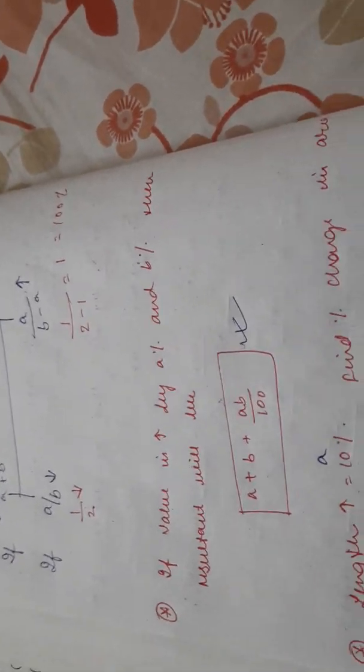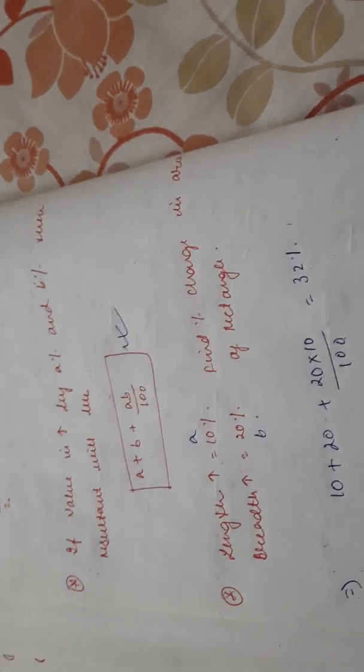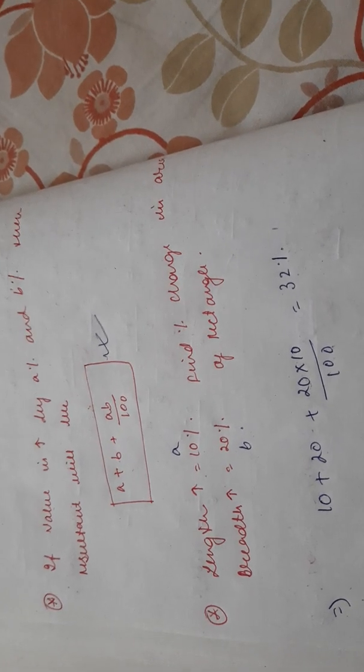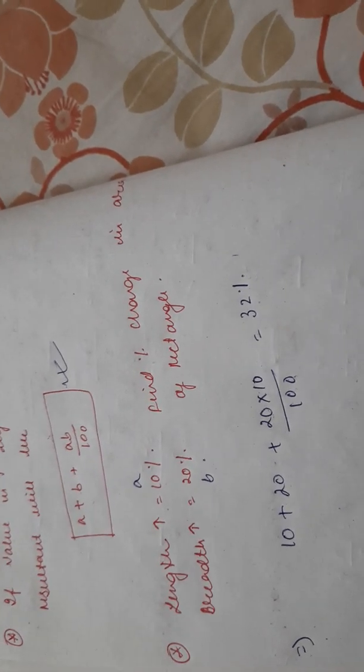We discussed that. Now we discussed that if both are increasing, what will be the resultant change in area in a rectangle or whatever. So we can use A plus B plus AB by 100, this method, as a shortcut. Then a few things which we can use generally in